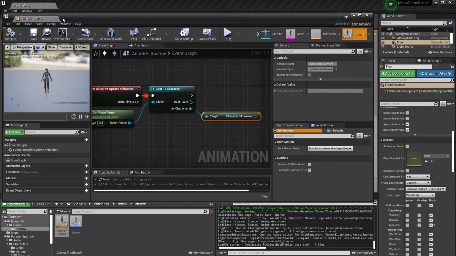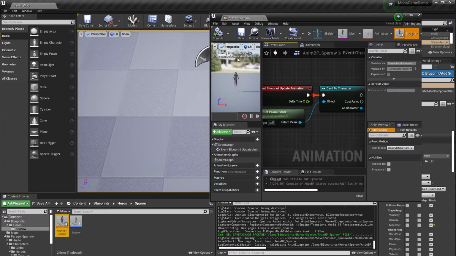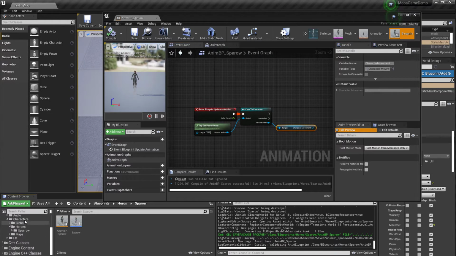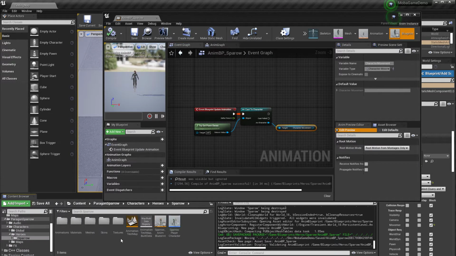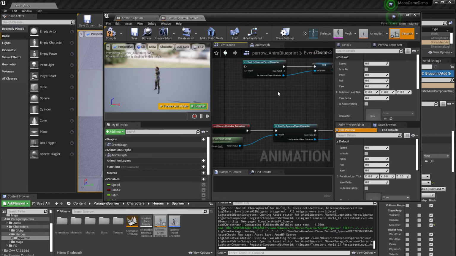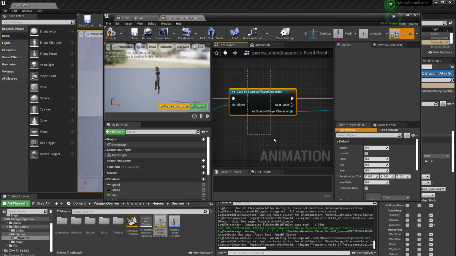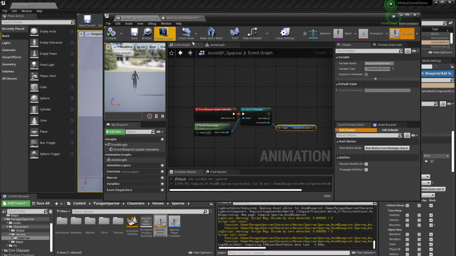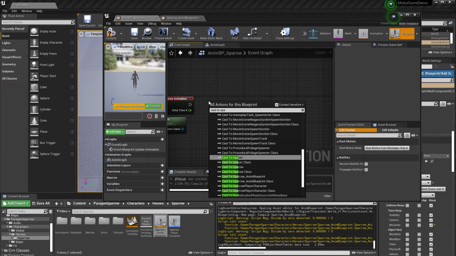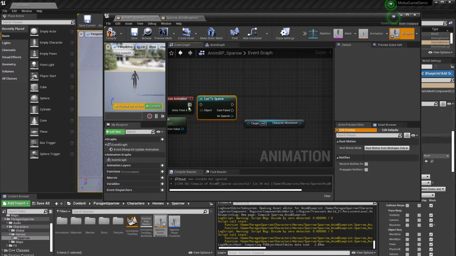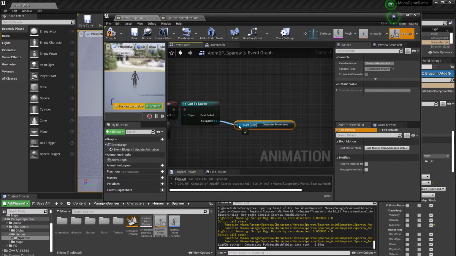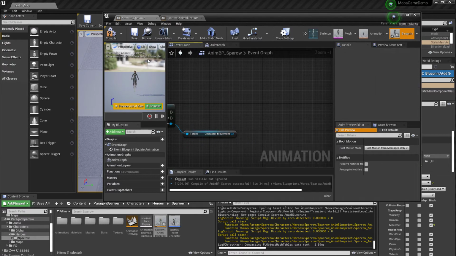Yeah, so casting again, it's not a very good practice in common knowledge. If you want to avoid casting, it's oftentimes better. But again, if you just look at their examples, I believe their casting is somehow improved. So casting is happening everywhere. I guess I can also cast to Sparrow. Yeah, and then we get the character movement, and then